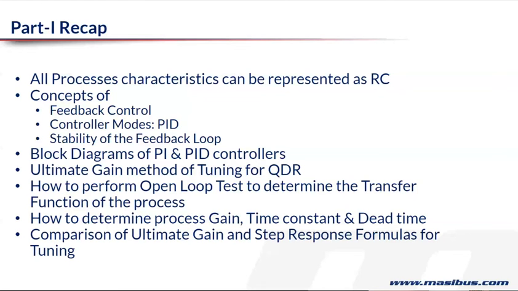And derivative is like an anticipatory control. Okay. So it applies a correction in anticipation of an error. So it is actually a differentiation of the error. So the moment it senses a deviation of the error, it applies a huge correction and prevents a huge deviation in the PV.